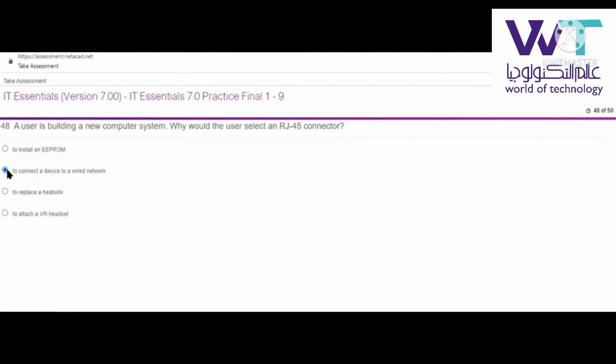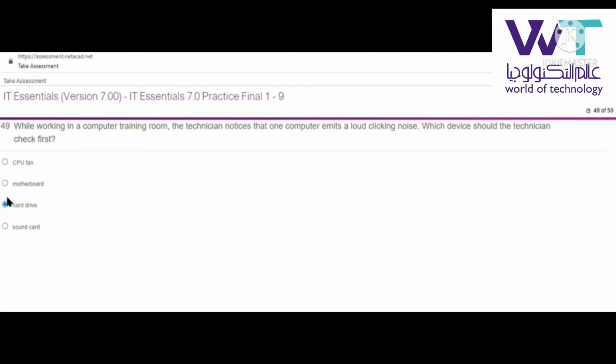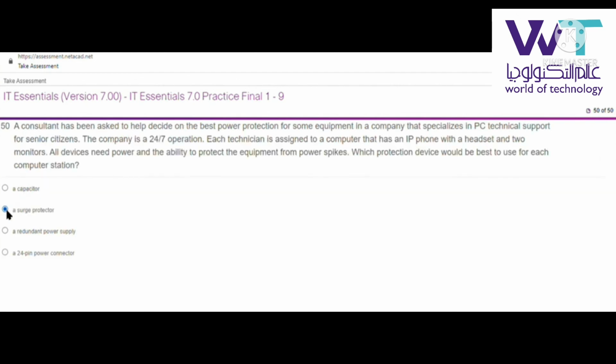سؤال رقم 49 while working in a computer training room, the technician notes that one computer emits a loud clicking noise. Which device should the technician check first? هتبقى الCPU fan ولا المذر بورد ولا الهارد درايف ولا الساوند كارد؟ هتبقى الهارد درايف. السؤال اللي بعده